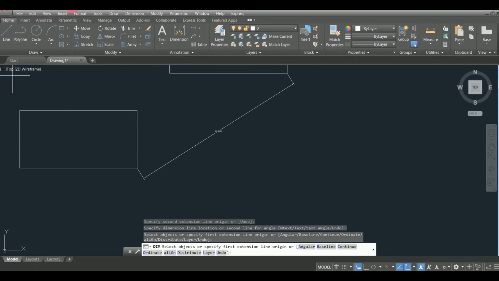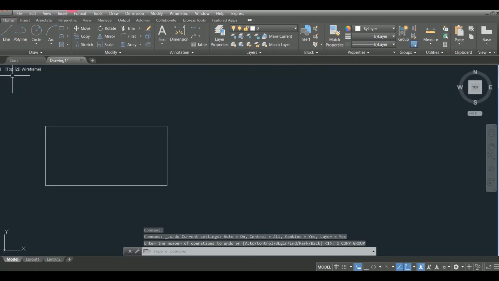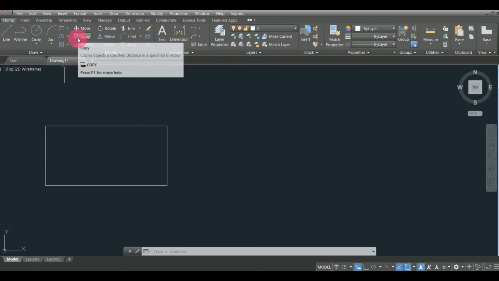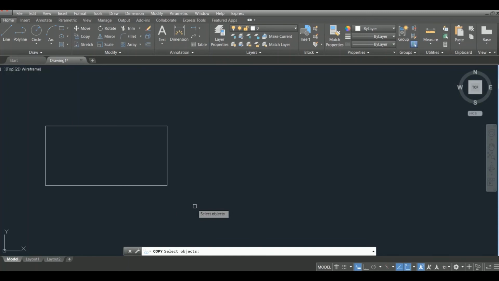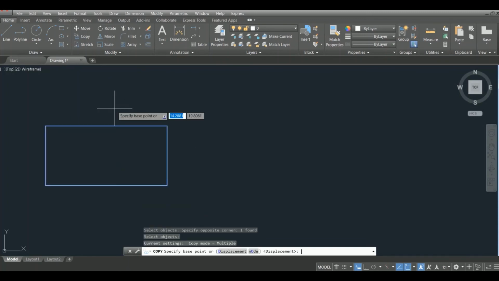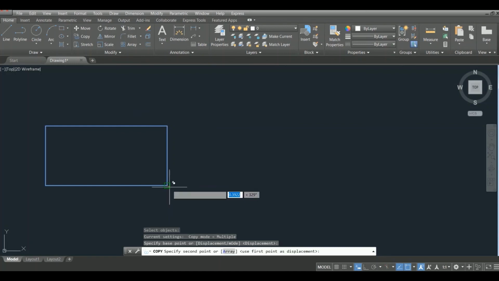And again back to the object, another use of the copy command is: left click Copy, select the object, select the base point and the second point of the array.